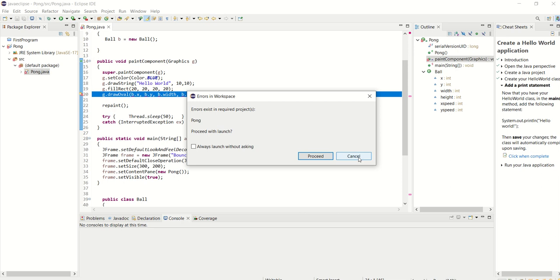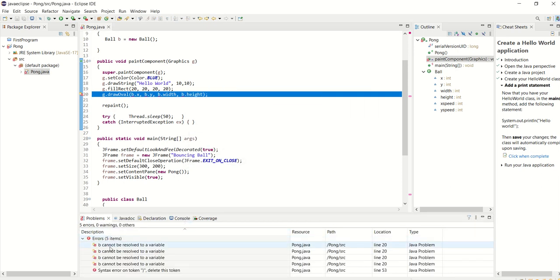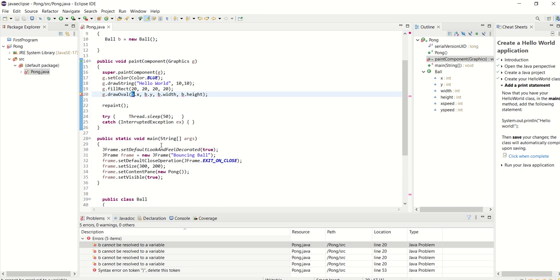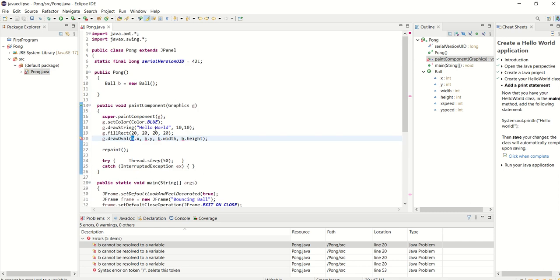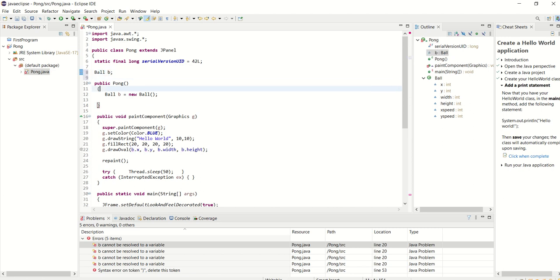No errors required. So I made one mistake. So let's hit cancel and see what it is. B cannot resolve to a variable. Oh, and that makes sense because I'm declaring Ball b in here. It dies right here. So to stop that from happening, I go up here, I go Ball b, and I initialize it in the constructor. So it's declared up here, so it's accessible to other functions, but it's initialized here. And now if I go run,